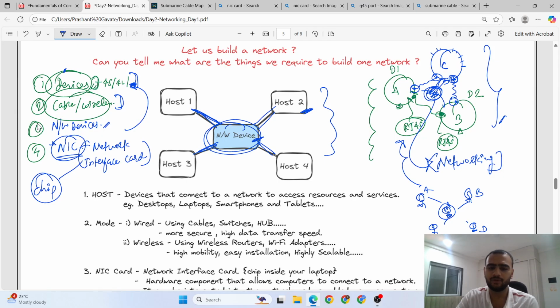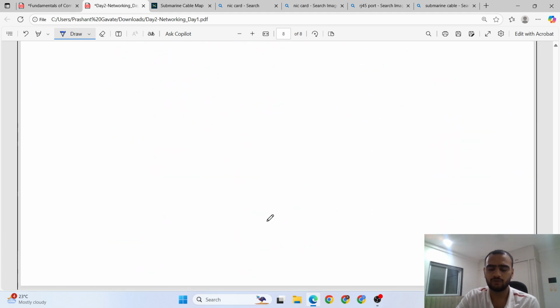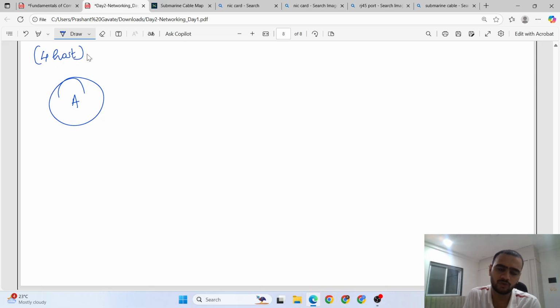So if I am giving you a task at your home, you are sitting at your home, for example, and I told you to create a network of 4 hosts. So what you are going to do, you are going to have 4 hosts. Host means it can be 4 mobiles, 4 laptops, or devices like servers. So I will need 4 devices: device A,